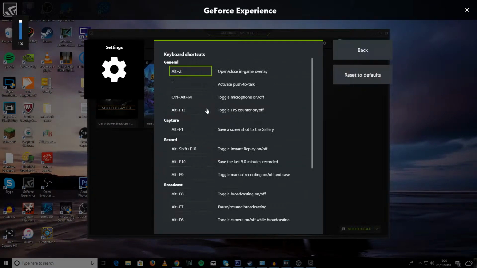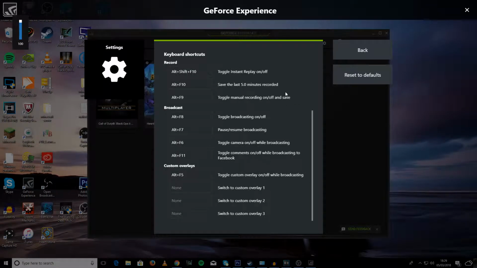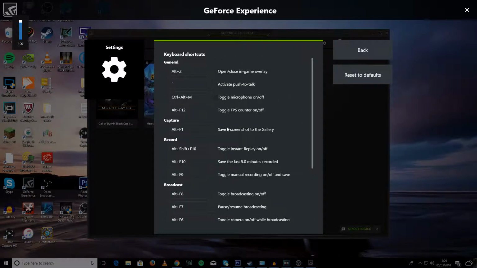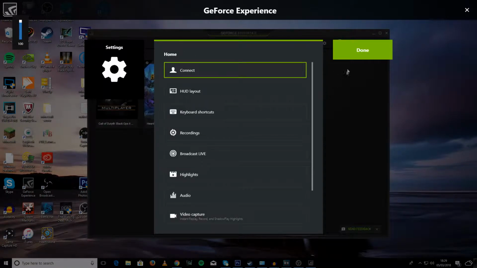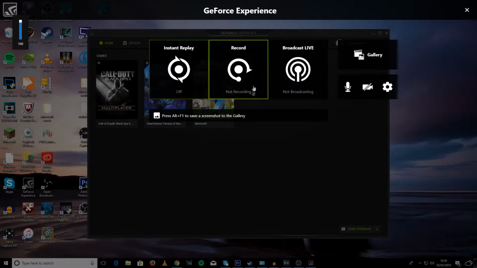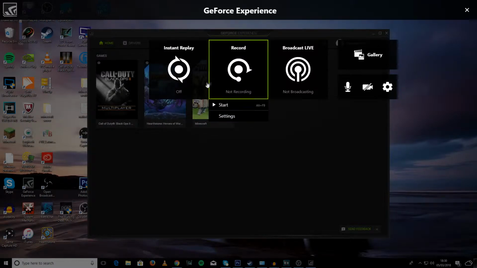You can also do keyboard shortcuts. To start and stop recording, at the moment it's Alt F9 to start and Alt F9 to stop recording, but you can change that to whatever you want. Again, with streaming, same sort of thing. You can also screenshot with Alt F1. So they've got a lot of options on here if you want to just play around with them. But like I said, to actually start recording, go start